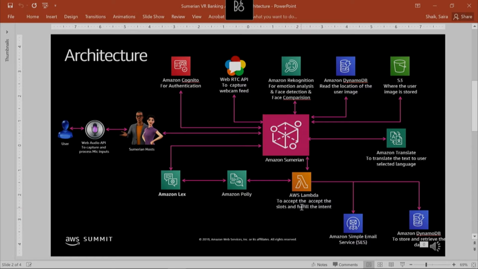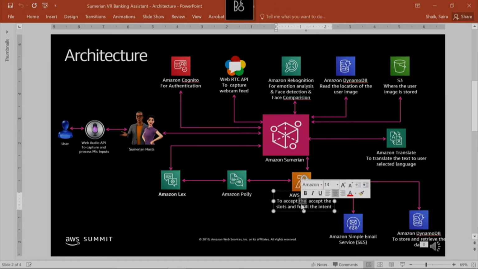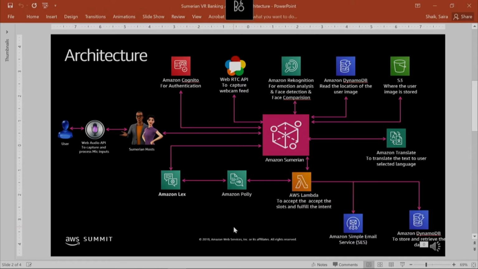And one thing I want to point out, and I'll post in the chat room in a second, is that from the user, the web audio API captures and processes mic inputs. You mentioned this before we actually went on, that Saira used an article that is available, and I will post that, that helps users get started with capturing audio using that little mic button that you saw down there in the bottom corner, and also doing the Amazon Rekognition part.